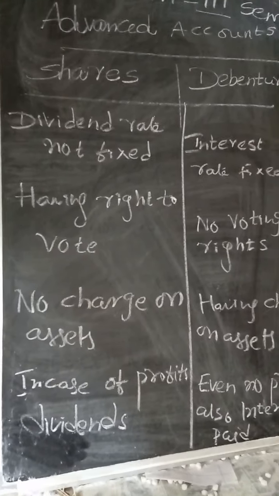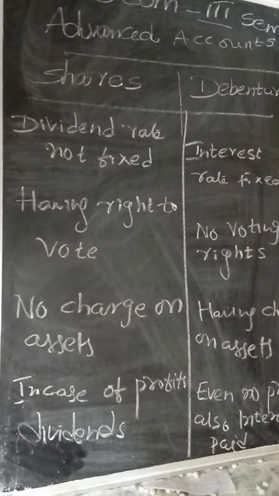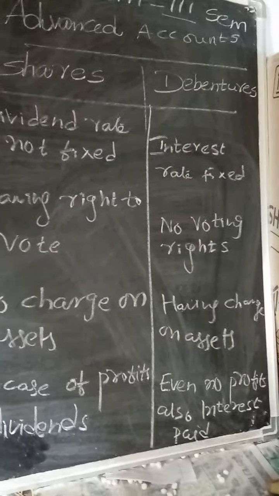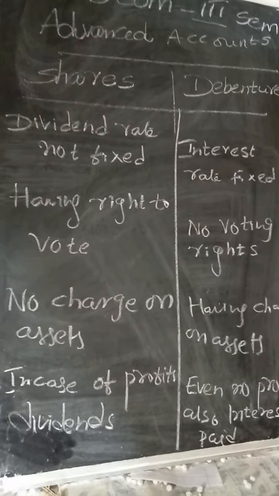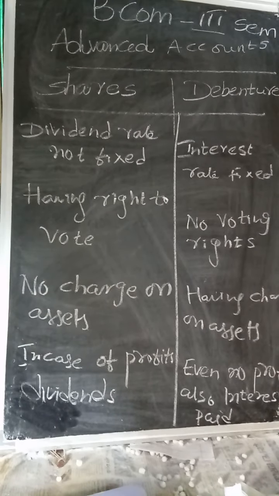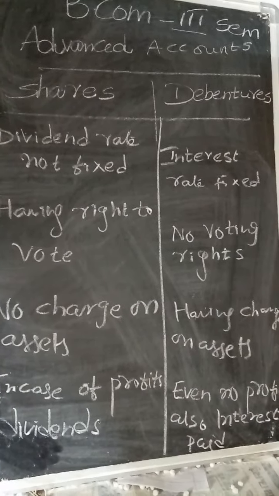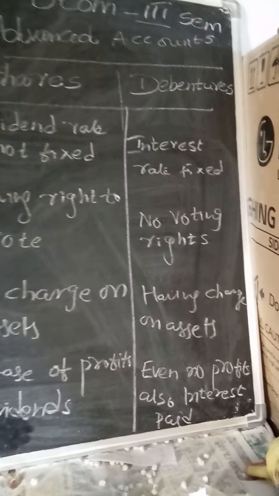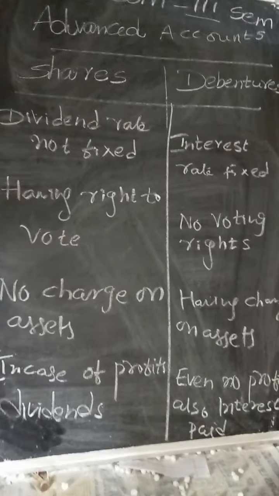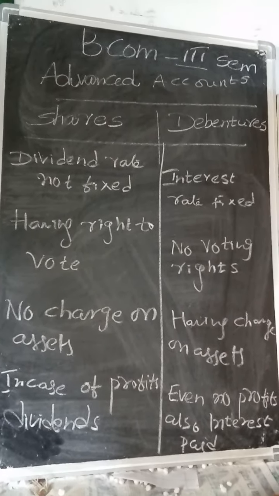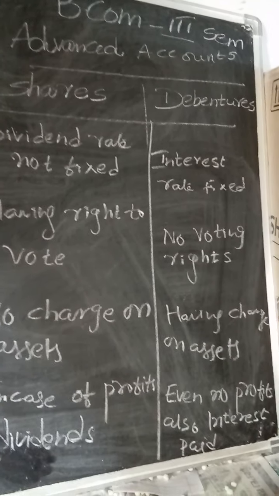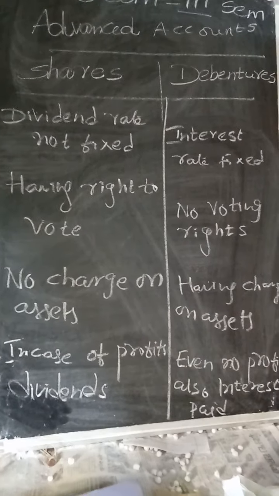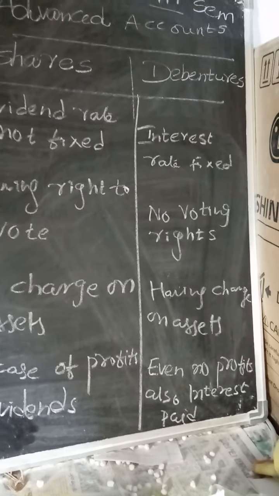సో shareholders are having a right to vote. They are having all rights to participate in the meetings, but here debenture holders are not having a right to participate in the meetings of the company. So here the shareholders are not having any charge on the assets, but whereas the debenture holders are having charge on the assets. Charge in the sense, ఒకవేళ కానీ కంపెనీ ఏదైనా లాస్ అయిపోయింది అనుకోండి, అప్పుడు ఎసెట్స్ అమ్మినప్పుడు ఫస్ట్ అమౌంట్ వీళ్ళకే పే చేస్తారు అనమాట. సో ఇన్ కేస్ ఆఫ్ ప్రాఫిట్స్ ఓన్లీ డివిడెండ్స్ విల్ బి పేడ్, బట్ ఇన్ కేస్ ఆఫ్ డిబెంచర్ హోల్డర్స్ దో